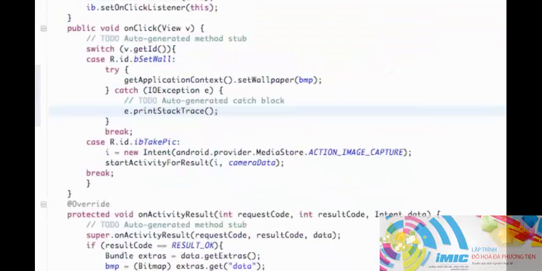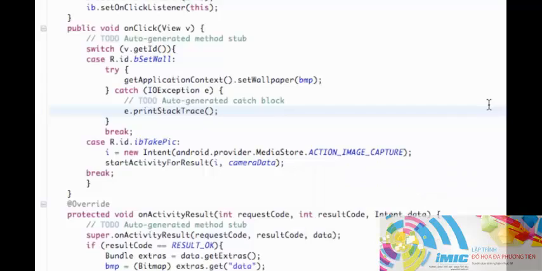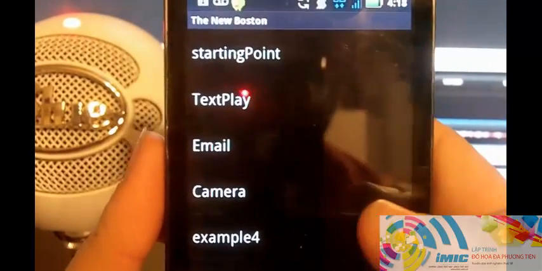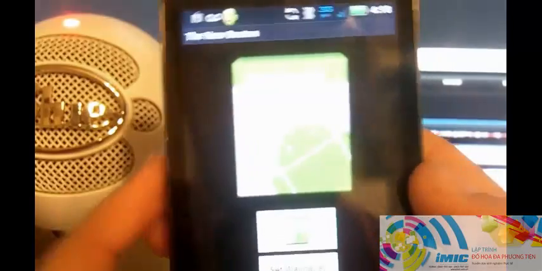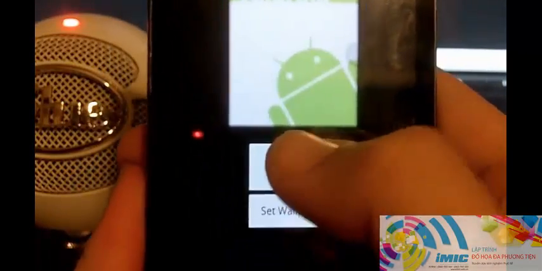So our application works. I'm going to run it on my phone and show you guys some of the errors that this application has, and then we're going to fix those errors in the next couple tutorials. So alright, what's up, guys? So here's our camera application that we just set up. Alright, so we're going to try and take a picture,